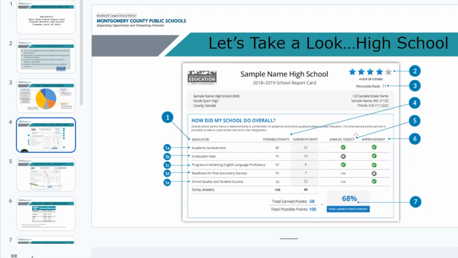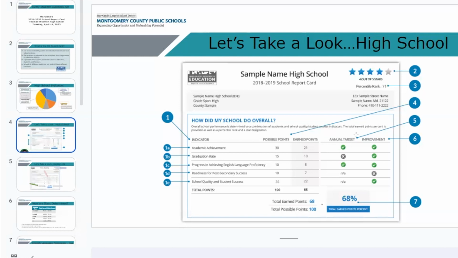But it is possible that a school meets the annual target but does not meet the improvement target, meaning your students from one year to the next didn't improve enough in one specific area. And so you've met the target, but not improvement. It's possible that your school didn't meet the annual target, but still improved enough, and where you would have one or the other. And then it's possible for you to have not met the target and not improved enough. So this is a very interesting kind of way to take a look at column 3 and 4. And I always find this one very interesting because it's going to show in varying ways how your school did, both to the target and improvement.